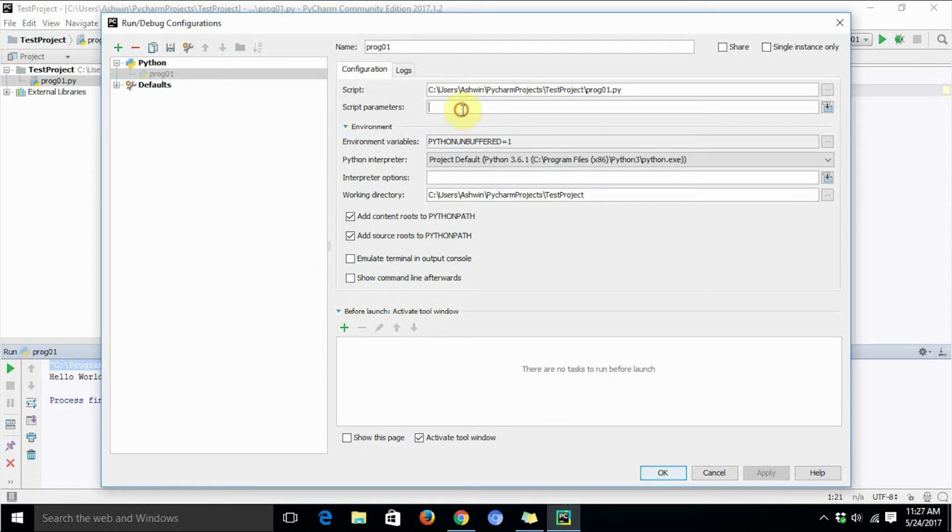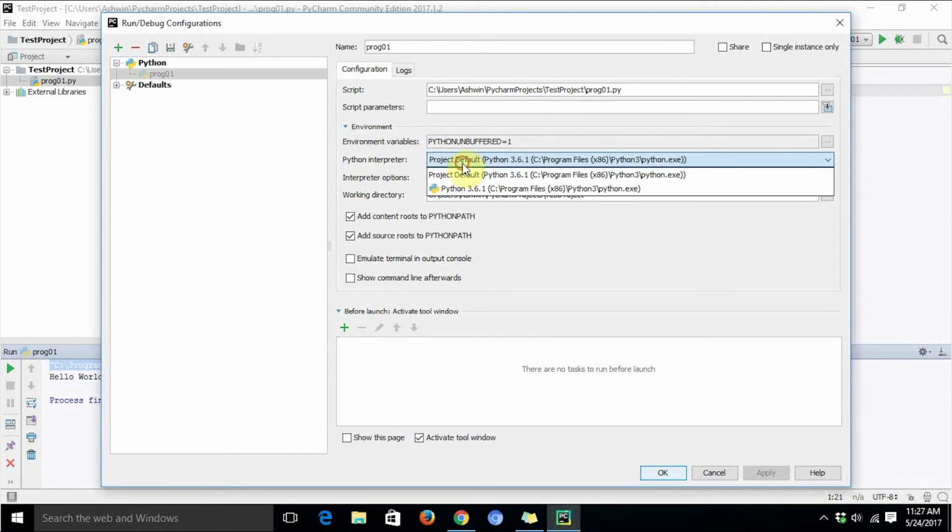We can even provide command line parameters to the script, and we can even change the Python interpreter. Suppose you have multiple versions of Python installed, PyCharm IDE is going to automatically detect how many interpreters you have installed on your system, and then this drop down will populate the list of all those interpreters.